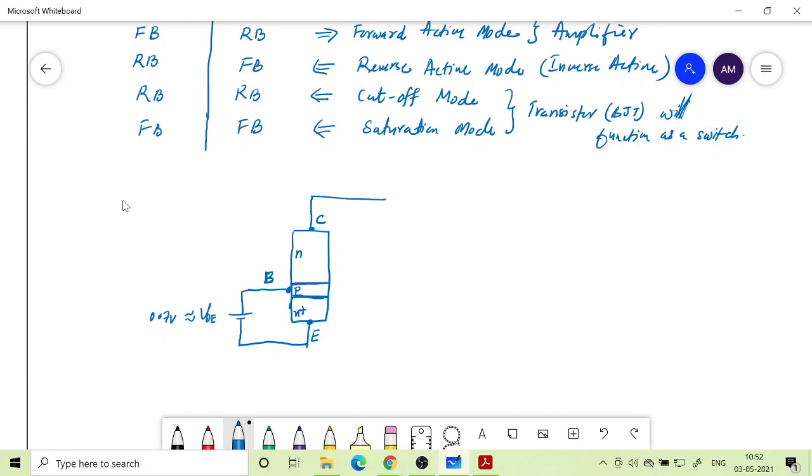And to apply a reverse bias across the other junction, that is the base collector junction, what I could do is take this base and collector terminal, or what is more popular is to apply the battery like this. Both are possible. All you need to make sure is that there is a reverse voltage across the base collector region. So base is P and collector is N. So N should be connected to the positive terminal of the battery, and this we call VCE, the voltage at the collector with respect to emitter.